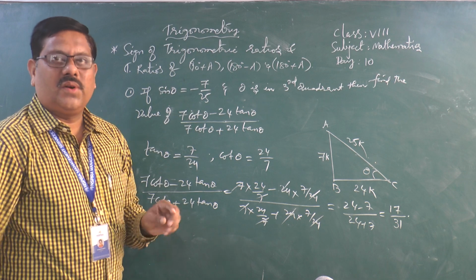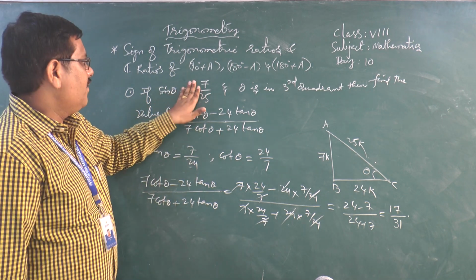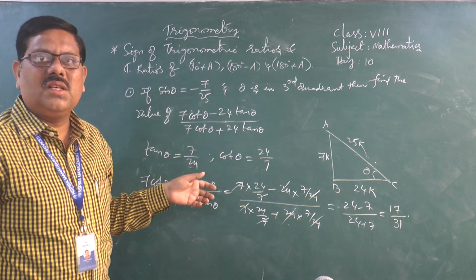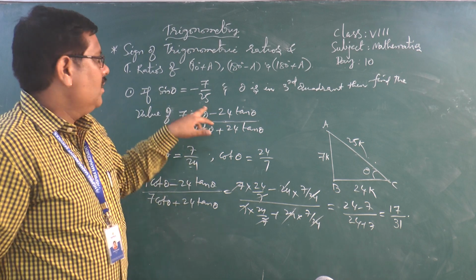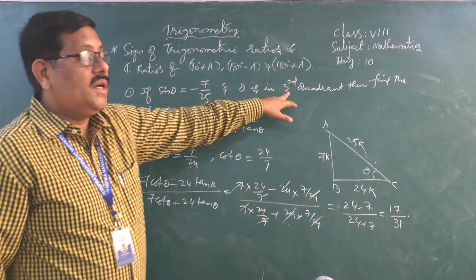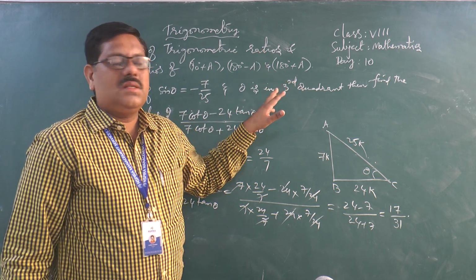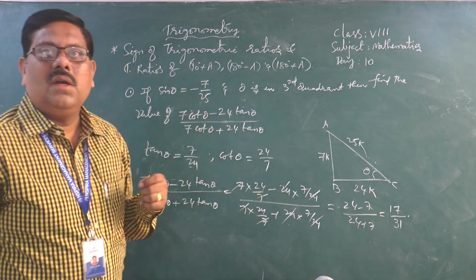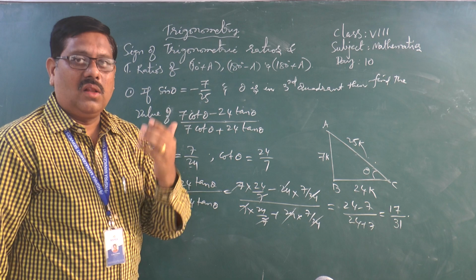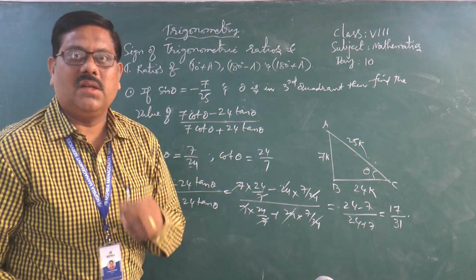So here what is important? The important thing is the sign. We have to focus on the sign. If there is no sign, it is an easy question, and we have already solved this kind of problem initially. But here we have to be careful with the sign. The minus sign is given and theta is also specified. Based on this, we need a particular idea about the signs of trigonometric ratios in all four quadrants. In each quadrant, we have to have an idea, and based on that we have to solve it.